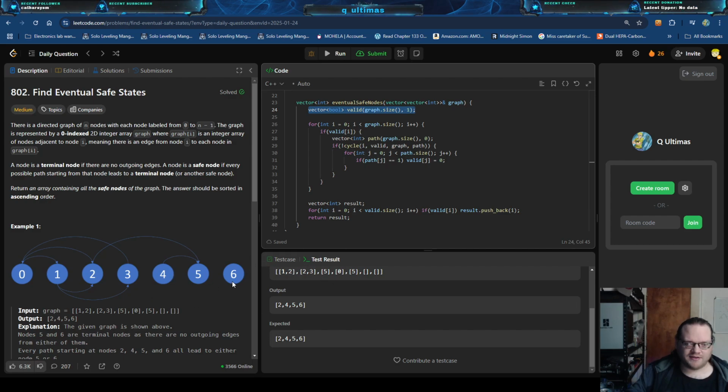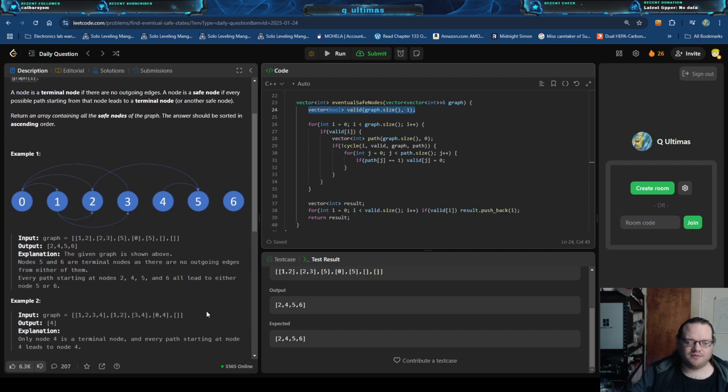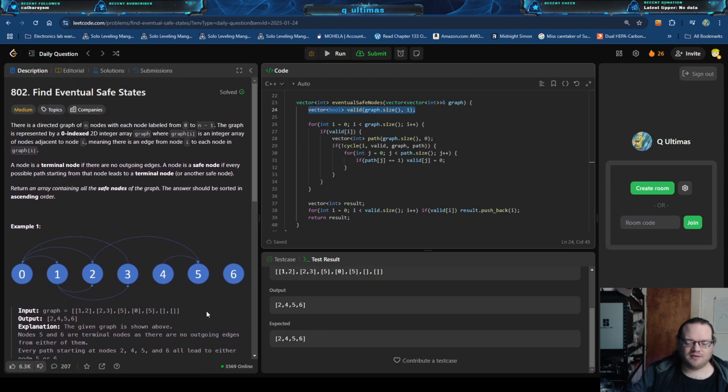Okay, so 4 and 6 would be our 2-degree nodes. And then